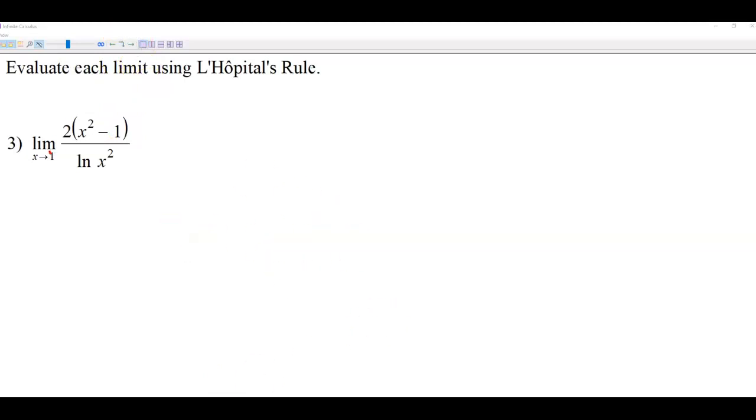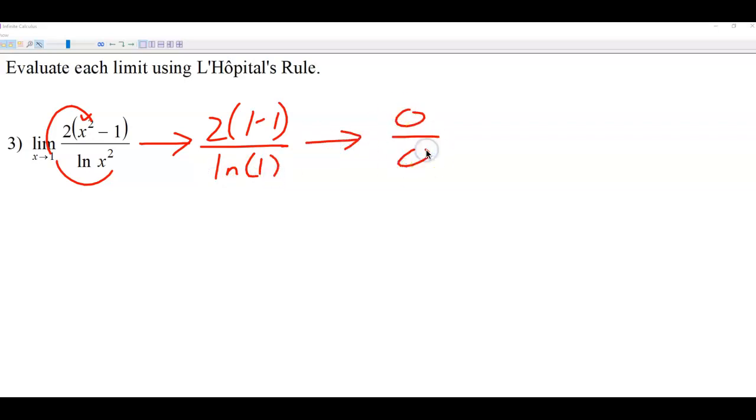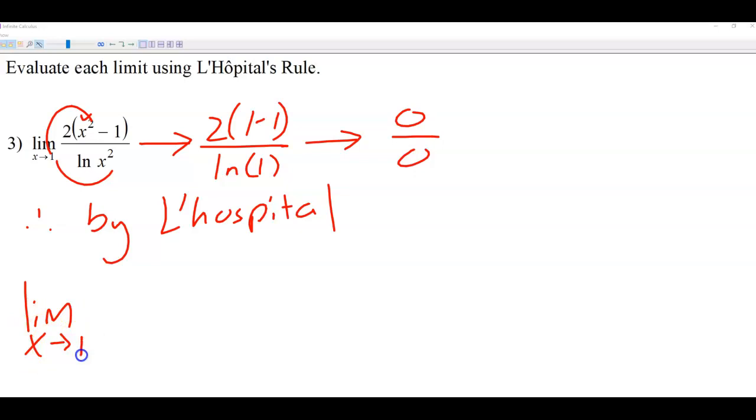Okay, so let's go and do some direct sub. If I plug in 1 here and here, I'm going to end up with 2 times 1 minus 1 over ln of 1. And in both cases, that's a 0 over 0. So we have, by L'Hopital, the fact that the limit as x approaches 1 of this function is going to be equal to